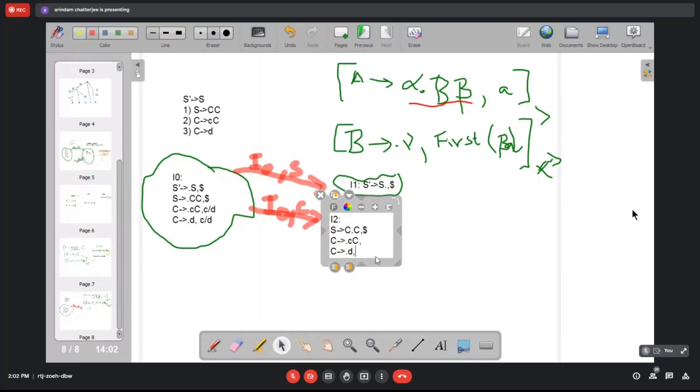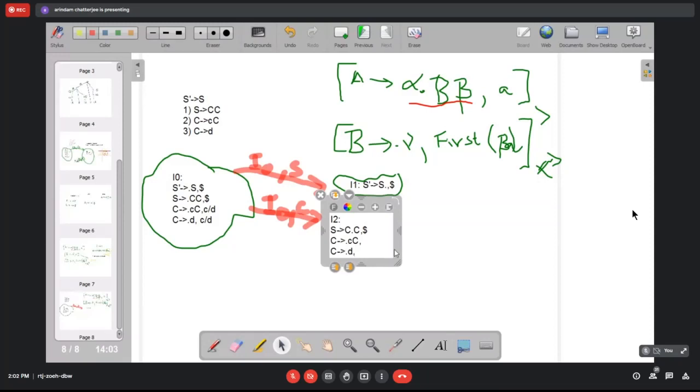Now again, you can see from the rule S producing capital C dot capital C, comma, dollar, if you compare it with A producing alpha dot B beta, here alpha is capital C, B is capital C, and beta is epsilon. A is dollar.